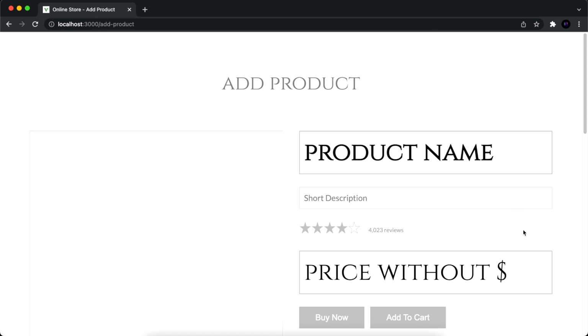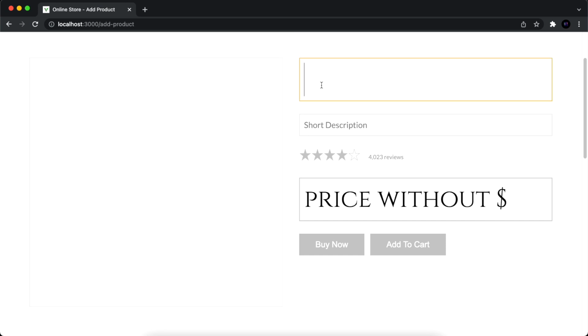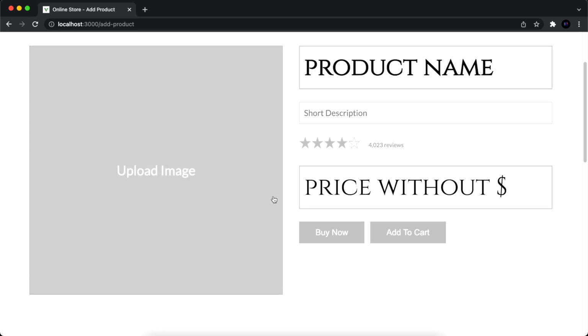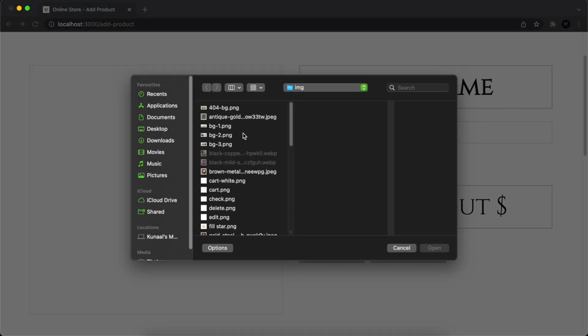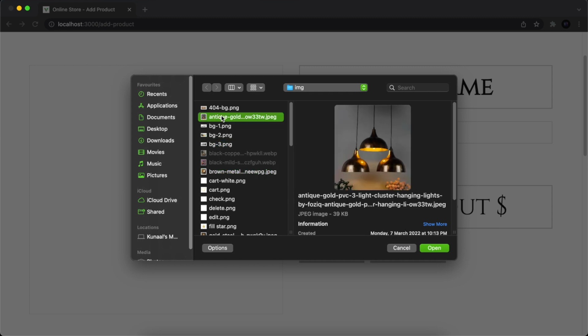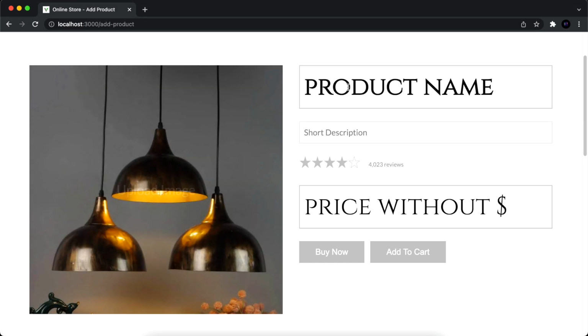Let's see the demo. So in the last video we made the dashboard and the login sign up page, and in today's video we will make this add product page. You can see we have this beautiful add product page where we can edit and upload the image. You can see I'm getting the pop-up, and if I upload any of this image and add it, I'm getting the image right here, and on the right side I am getting the inputs for my data related to the